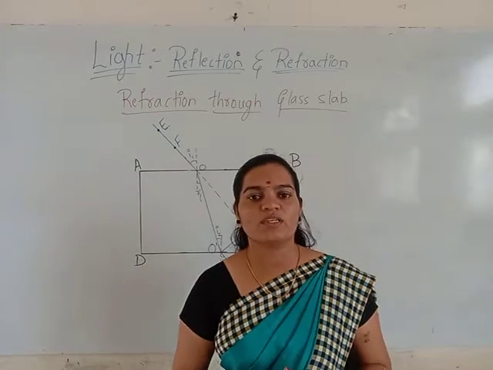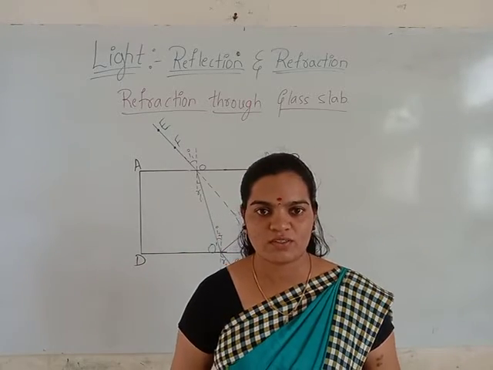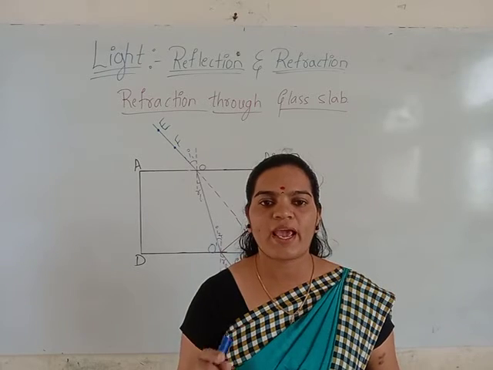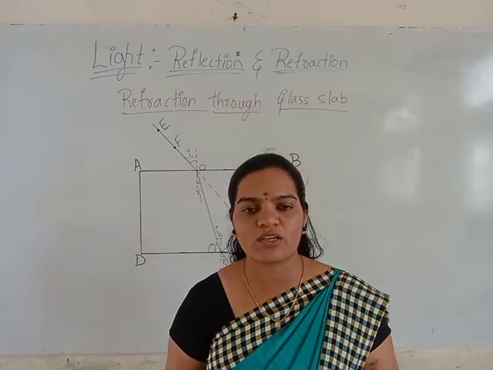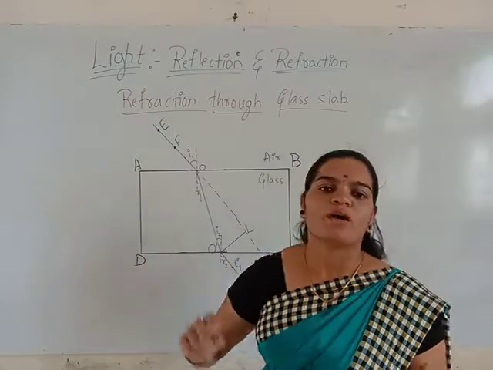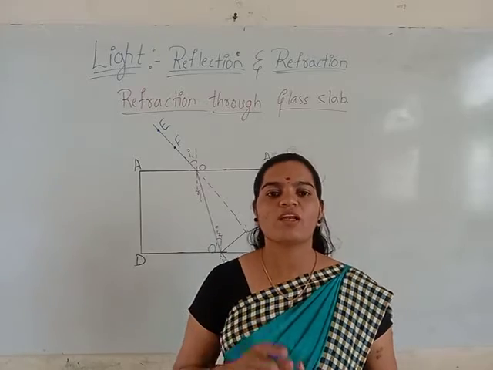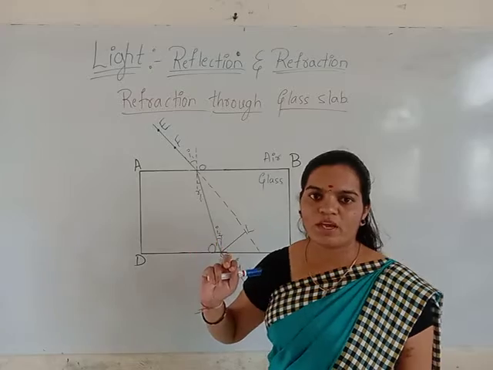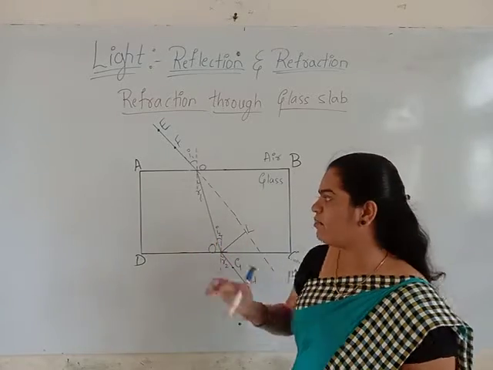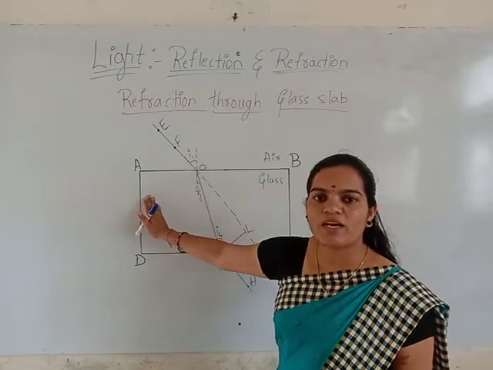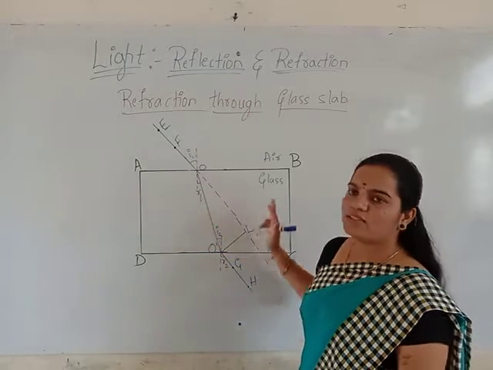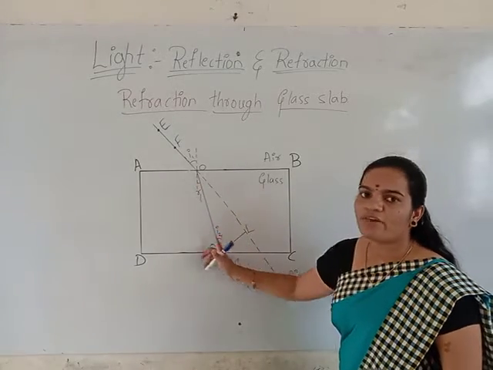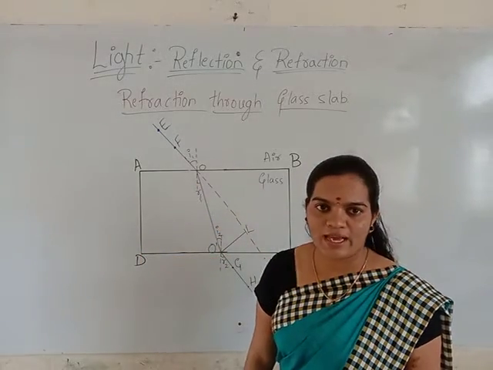First, we are supposed to take a plain white sheet, and take a rectangular glass slab and keep it on the white sheet. After keeping the rectangular glass slab there, mark the outline of the glass slab, and then remove the glass slab. After that, we can name the ends of the glass slab as A, B, C and D. These are the outlines which we are drawing of the rectangular glass slab.